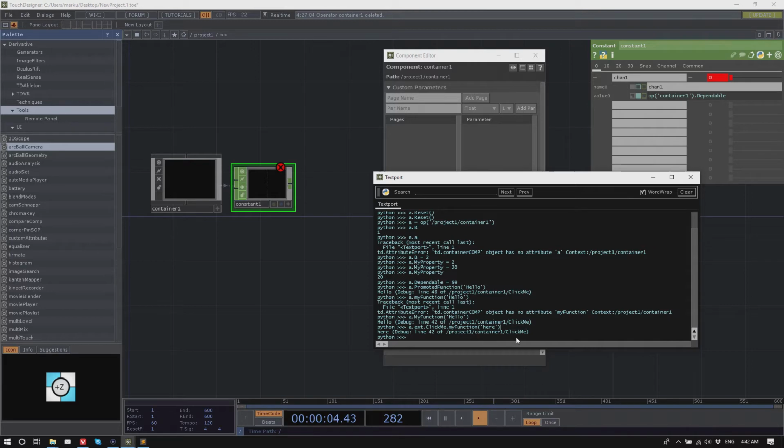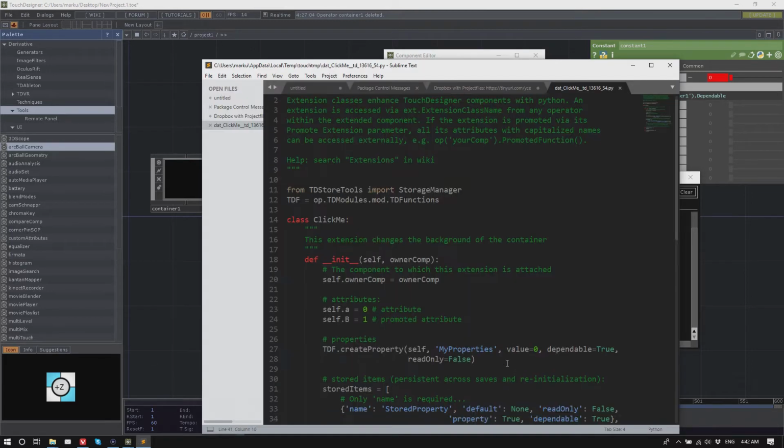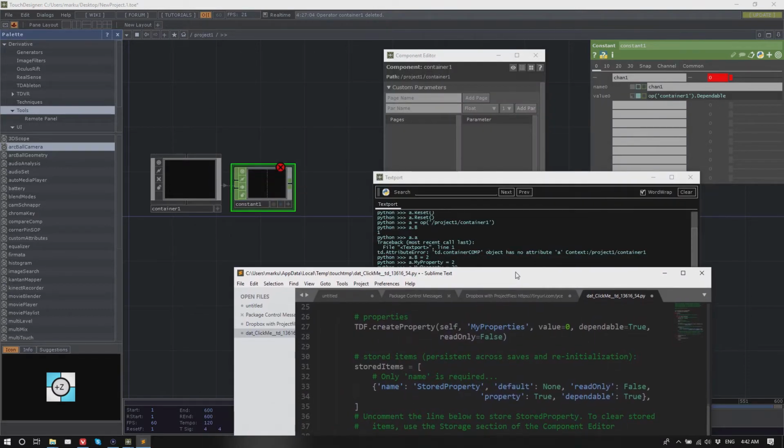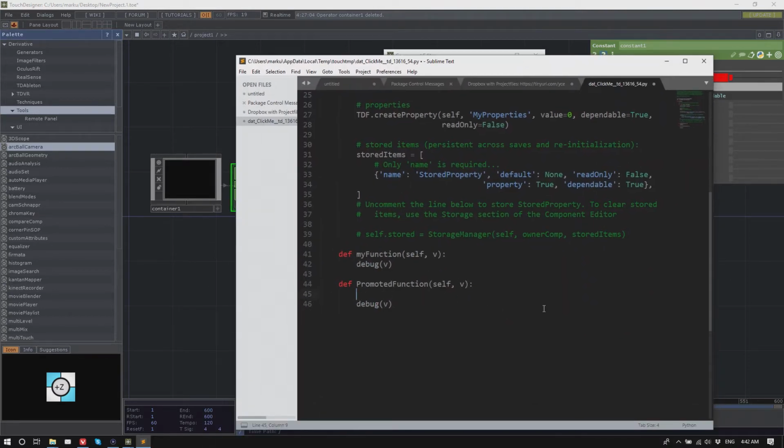Then it's accessible only from the instance, just inside the actual class code, or does it mean I can call the function from, for instance, the container node itself? Sorry, by the function itself. Yeah. So the promoted function here could be calling self.myfunction. I just thought a private function could just be called from the container node containing the extension. Yep.